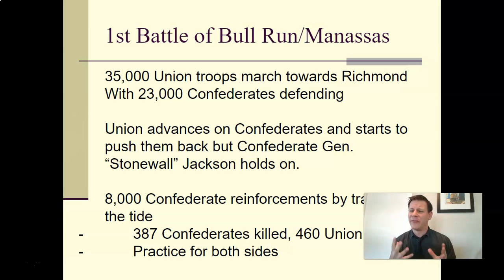And it's a Southern victory. They stopped the North from taking Richmond, and there are casualties on both sides. 387 Confederate, 460 Union. When this was in the newspaper, people were aghast. Oh my gosh, look at all of these men who have been killed. This is terrible. Drop in the bucket compared to what will be happening later on, where you have thousands of men getting killed, not by the day, sometimes by the hour. This is the bloodiest war in American history. It just takes a while to get there.